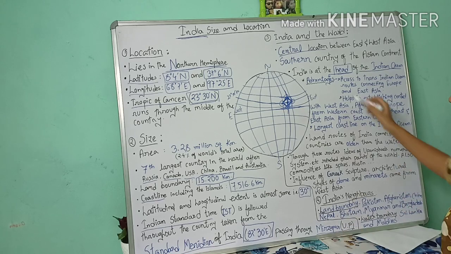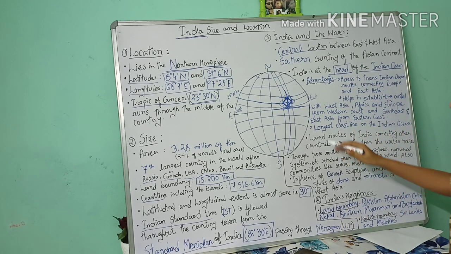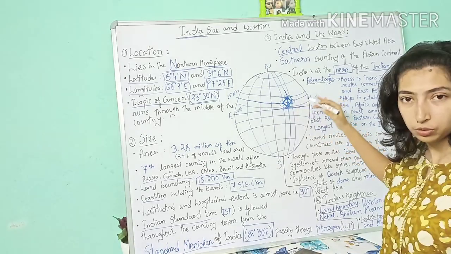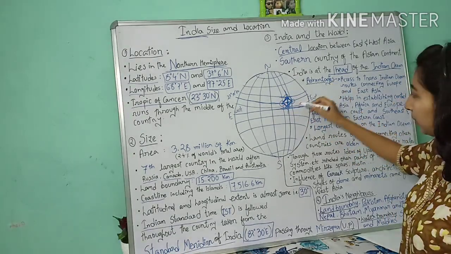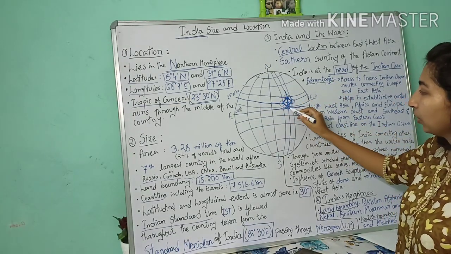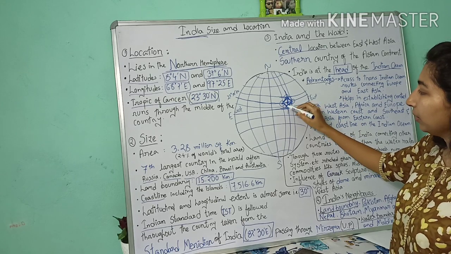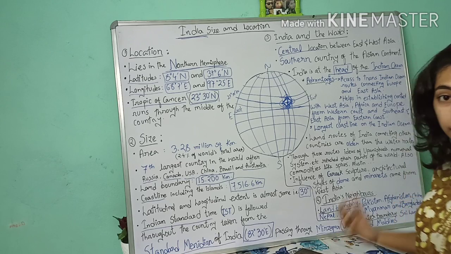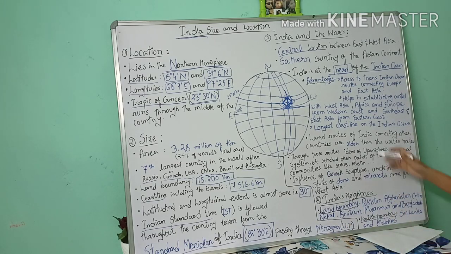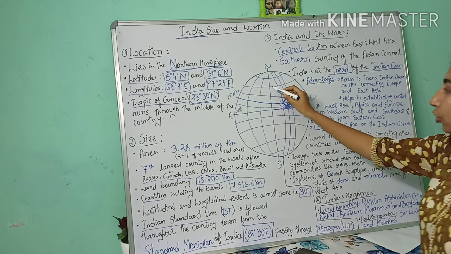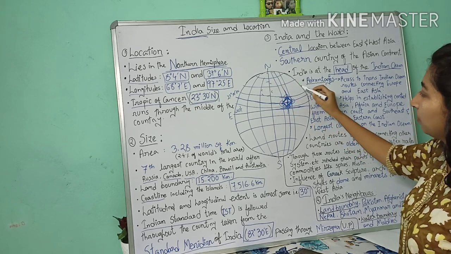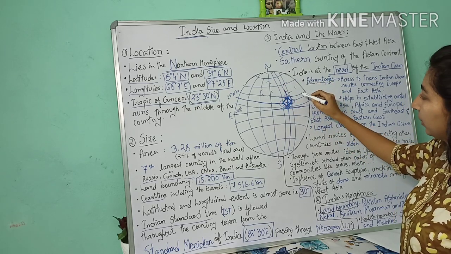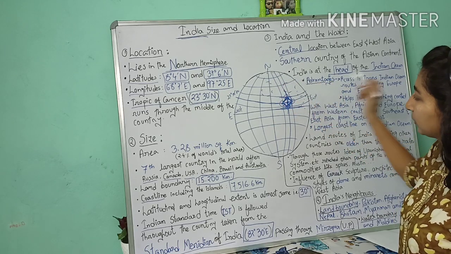They are important. First is access to trans-Indian Ocean routes connecting Europe. Means there are some routes through the ocean. So whatever vehicles come from here or go that side, we here have a very good location, the advantage of that location, connecting to Europe on this side, or maybe China, or here Singapore, Japan, all these countries.